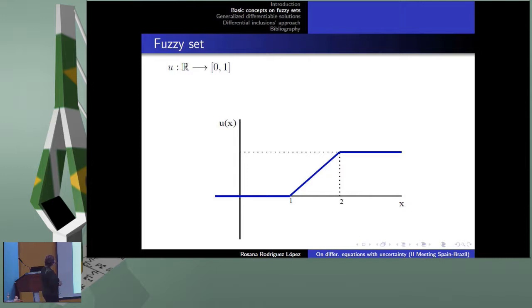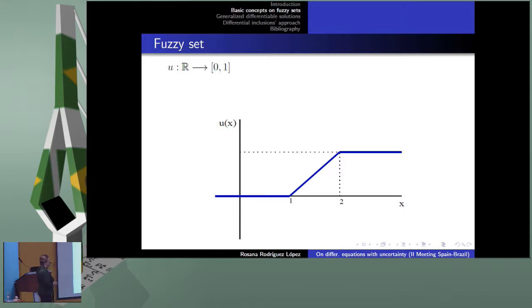I am going to call it a fuzzy set. I'm not going to work in n-dimensional cases, only the fuzzy sets in the real line. This construct is a mapping, which is defined in a base space, which in this case is the real line. It can be any metric space X, with values in [0, 1]. Of course, there are other generalizations which allow different ranges also. But in the picture, you can see a simple example of just a function defined in the real line with values between 0 and 1.